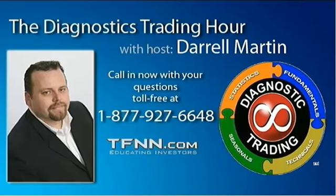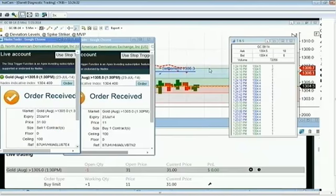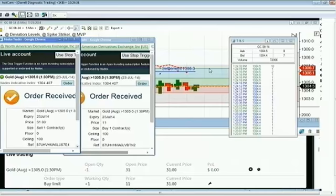727-445-1044. All right, folks, going back here to the Diagnostic Trading Hour. So we're just watching this simple gold trade, where the market's moving, where the market's heading. 31 right there, so going short 31 contracts, or one contract at $31. Have a buyback at 11, and this is expecting the market to stay at or below 1305 into the close